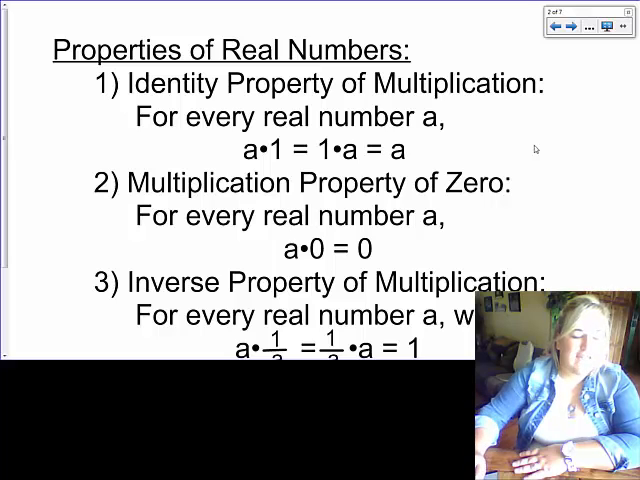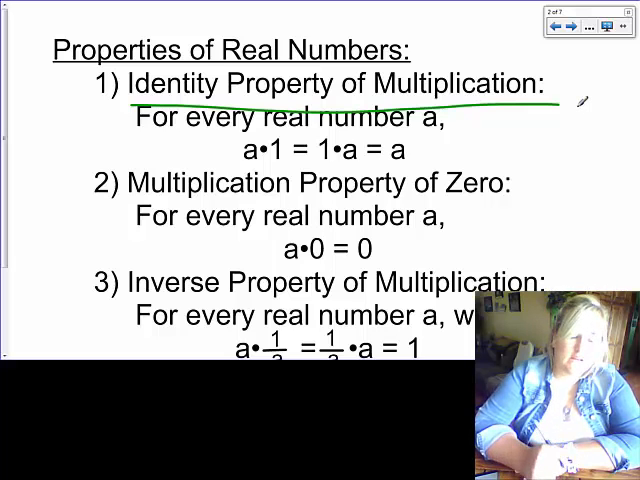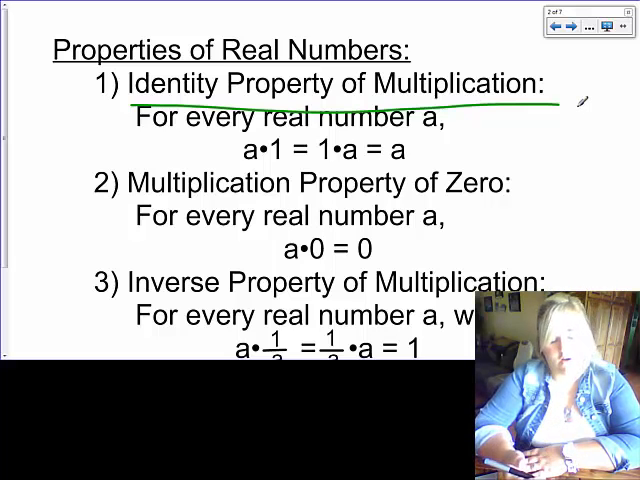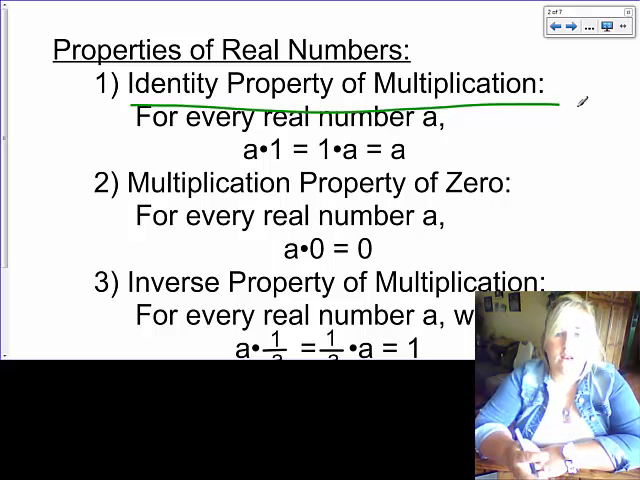Properties of real numbers. The identity property of multiplication. That is number 1 here. For every real number a, a times 1 equals 1 times a, which also equals a. So what they're saying here, the identity property of multiplication, is whenever we take 1 times anything, we get that